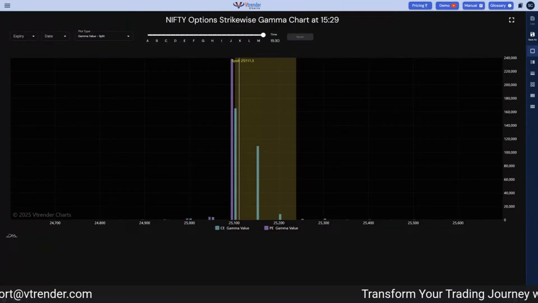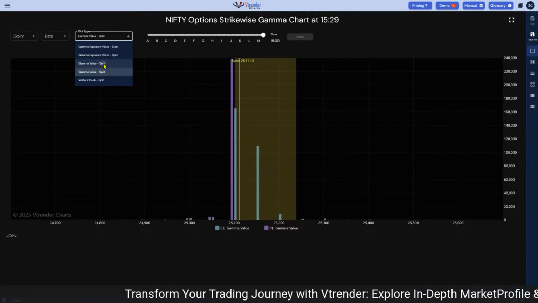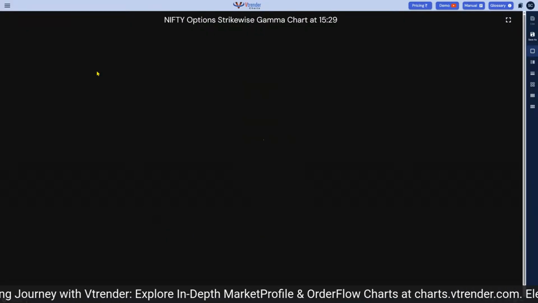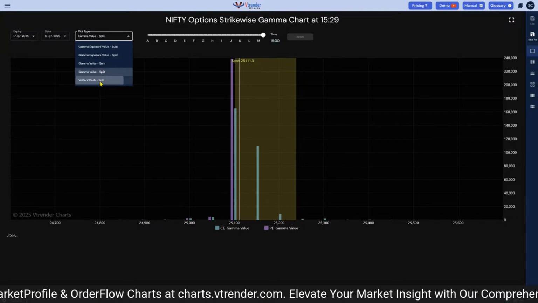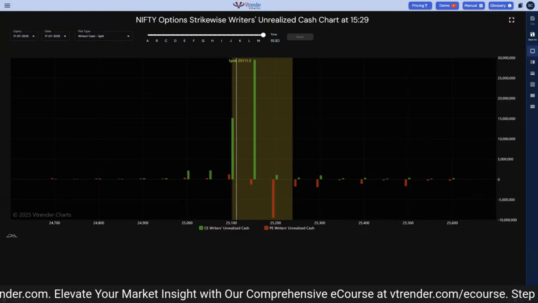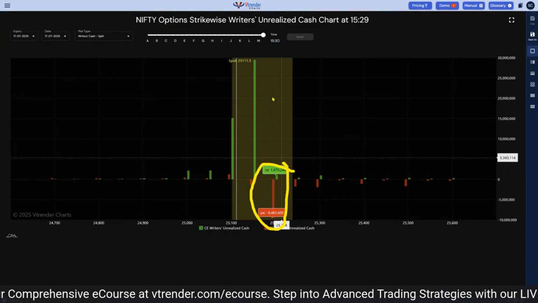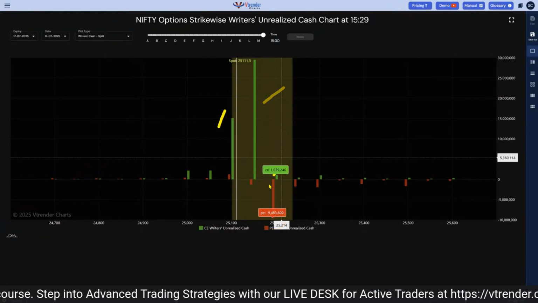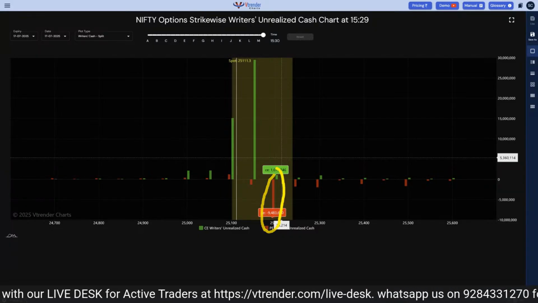Right, now just to back off and come back, what we are looking for in the gamma chart, you can plot it as a sum, you can do it as a split also, for you to understand what it is. And if you want to see change, you can put the writers, what they are doing via this chart also. So all that closure of writers is right here in the 25-200 PE, which I just showed you, and the 25-150 call and the 25-100 call added into the close. And this is the reason the market went down in the way it did later in the close yesterday.